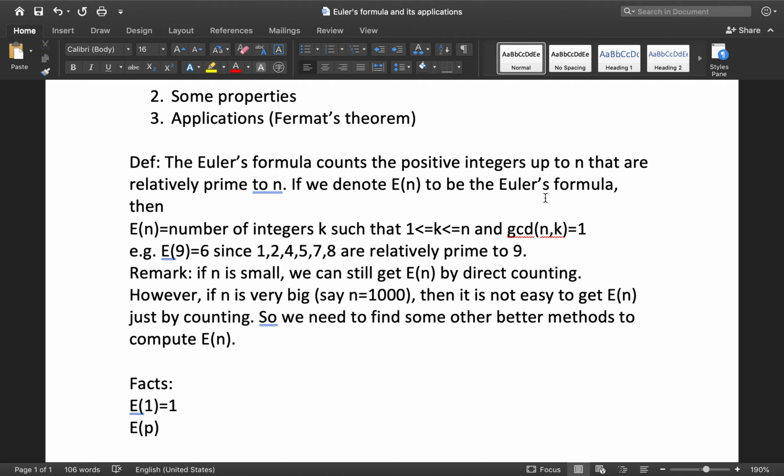So, if now p is prime, then how can we get the Euler's formula for p? Well, in fact, that is p minus 1. Why? Because the reason is very easy. Let me just type it. So for p being a prime number,